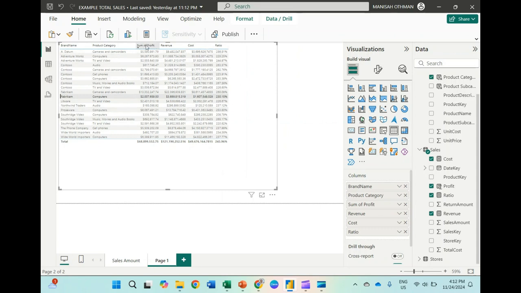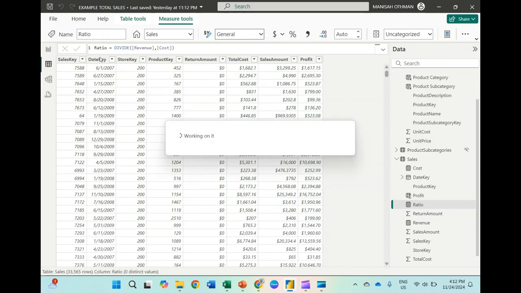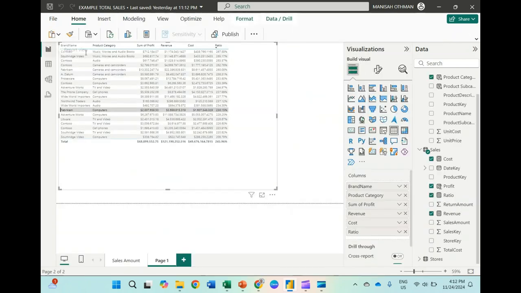Okay, based on the sum of profit, revenue, cost, and ratio. Okay, ratio. Because it's already divided to calculate the ratio, then maybe you can change the format to ratio. You can change the format, not percentage, based on general only. Okay, here.